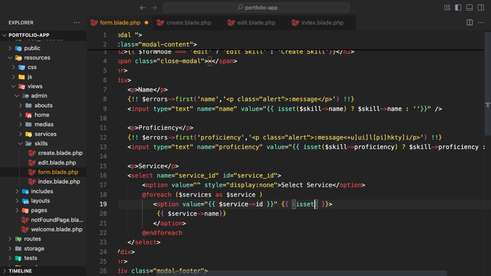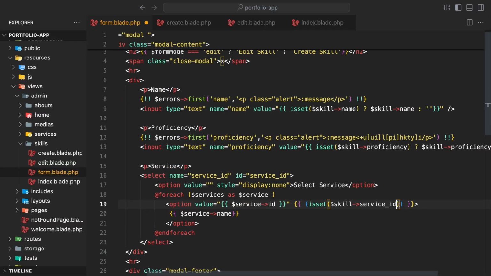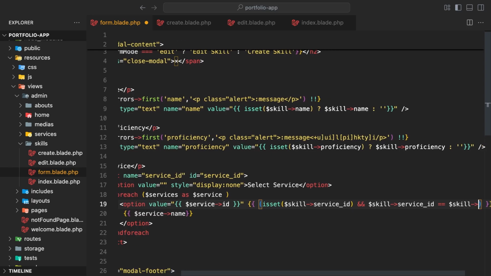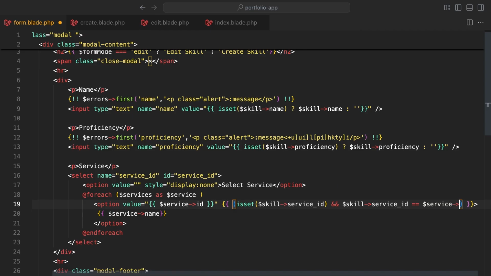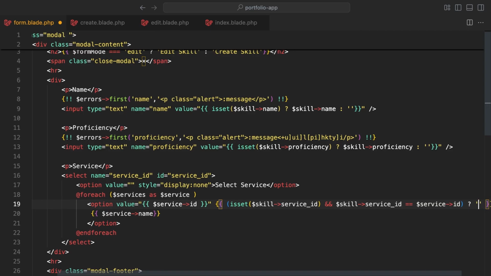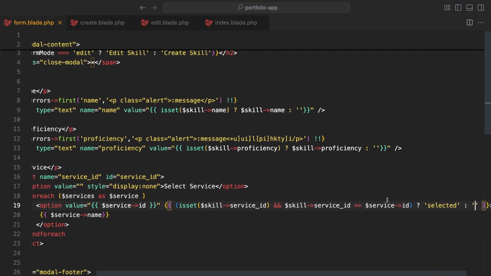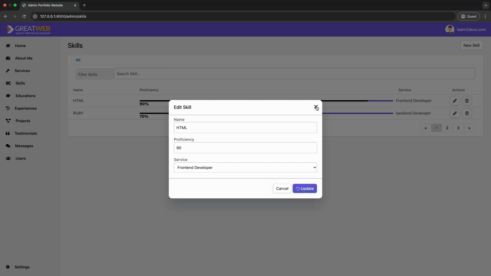Set skills service ID, and if the skills service ID equals service ID, show selected, otherwise show nothing. As you can see, this is the skills service name. Alright,